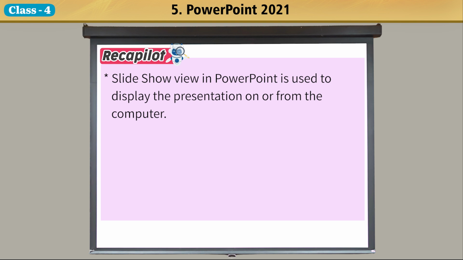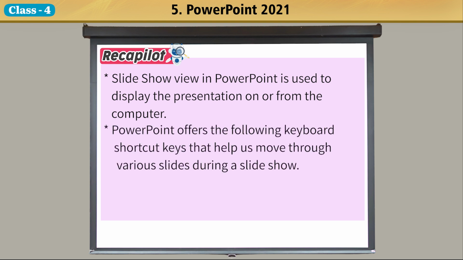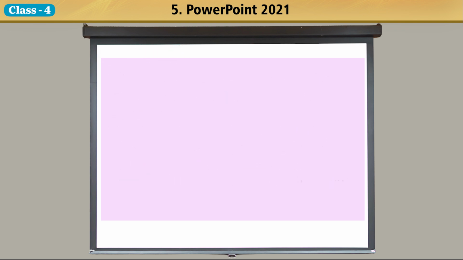Slideshow view in PowerPoint is used to display the presentation on or from the computer. PowerPoint offers keyboard shortcut keys that help us move through various slides during a slideshow. The extension to save PowerPoint file is .pptx.